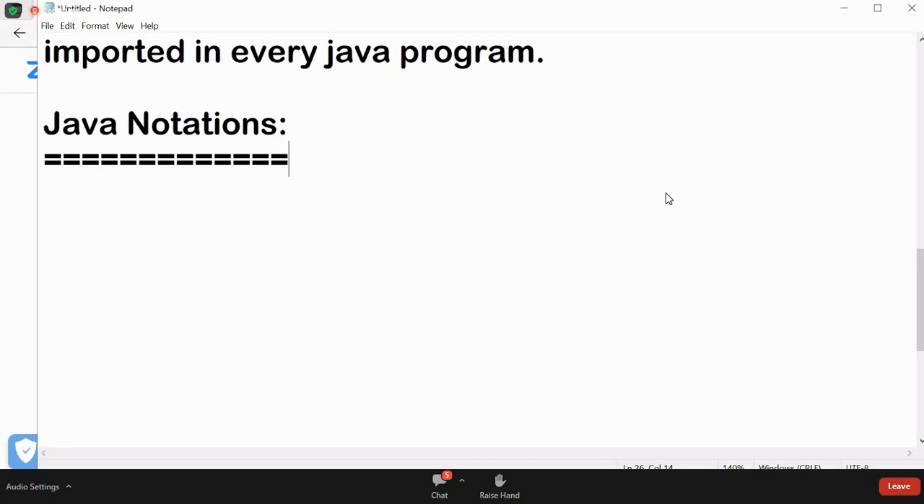Learning style is most important to get a subject. That is the reason in the starting sessions I explained how to learn Java. Learning style plays a major role in getting a subject. See, Java notations. Now note down. First one,